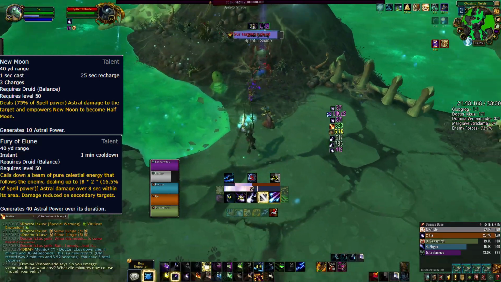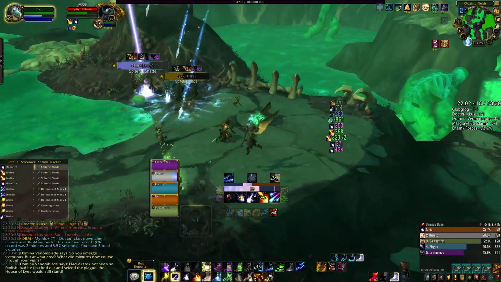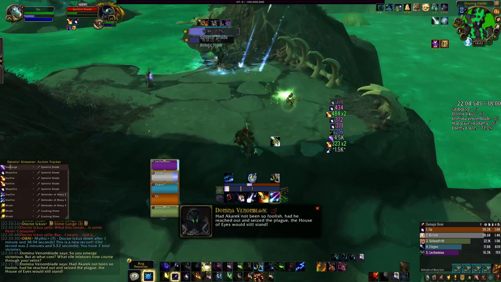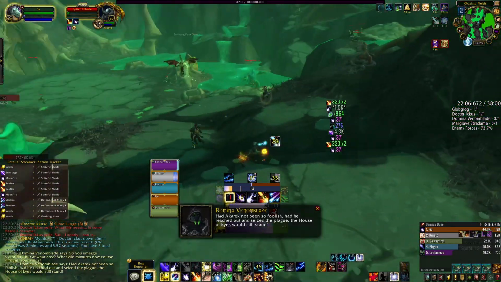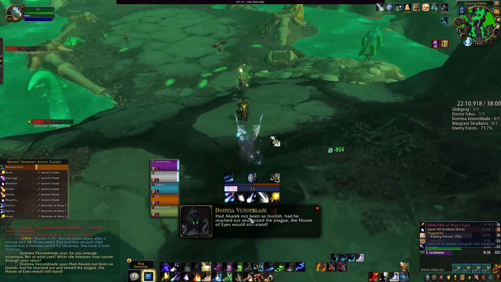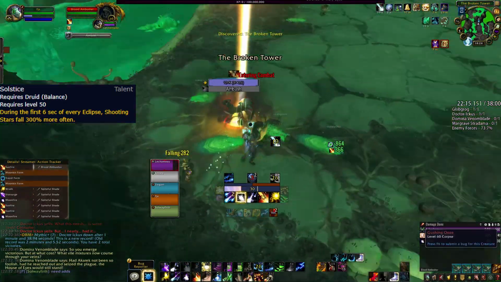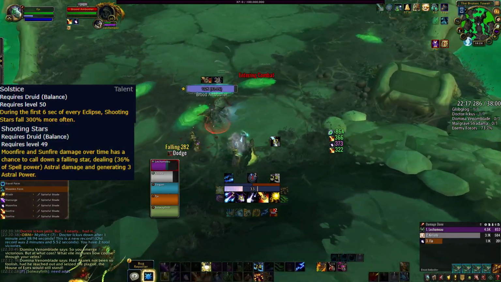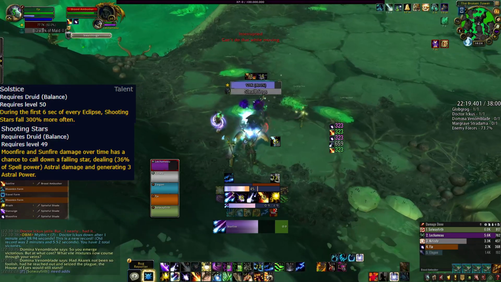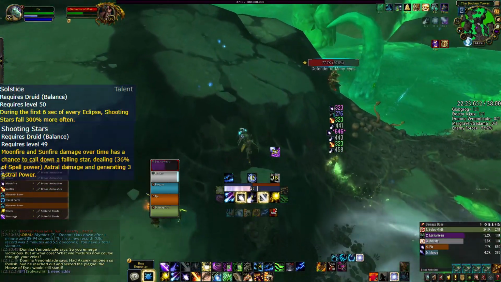The only synergy they have is that they are astral damage, both of them, meaning they will work with your mastery, but that's about it. There is no other synergy regarding Fury of Elune and New Moon. So they are pretty disappointing to use. Even more disappointingly, Solstice is going to be the best one. Solstice is the replacement for Shooting Stars, because Shooting Stars is now baseline. Shooting Stars giving you 3 astral power whenever it procs from your Moonfire and Sunfire damage is very good, and